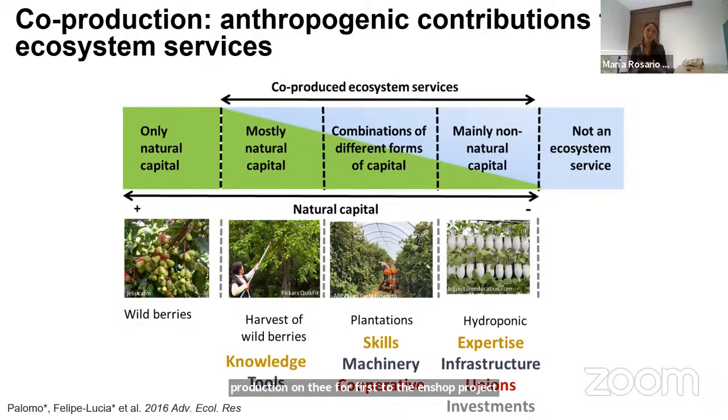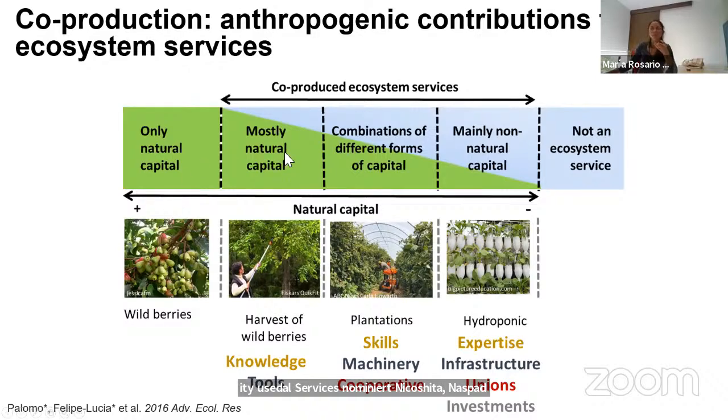So before I was saying that ecosystem services, or nature's contributions to people, are those benefits that nature provides to people, right? And this is the truth in many cases, of course, but in many other cases, the reality is that we need some kind of human input in order to benefit, in order to use those services. Now, as this figure shows, we would only have the natural capital, the ecosystem aspect, as for example, the wild berries.